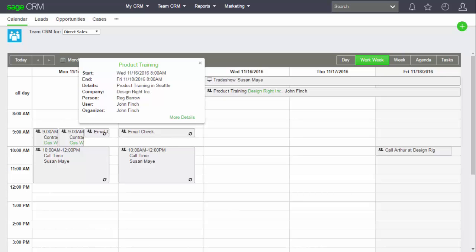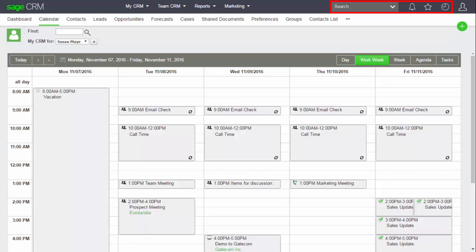And within the team calendar, when a user clicks on a meeting, they can see which of their colleagues is meeting this customer. If I look here, you can see that I've highlighted the top of my screen. And it's at this point I need to point out that we've added this new quick find functionality, how we've changed the way in which notifications appear, and that there's a new favorites feature.